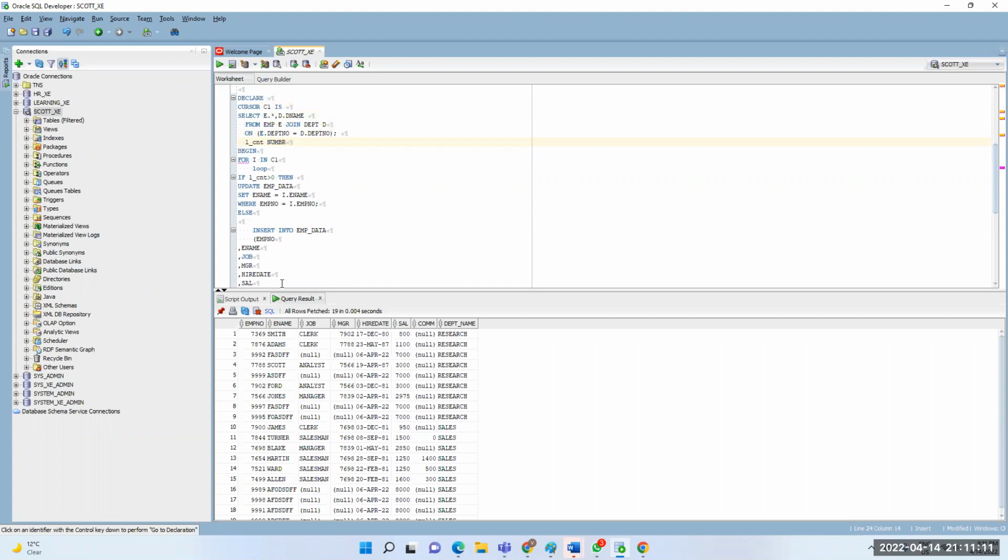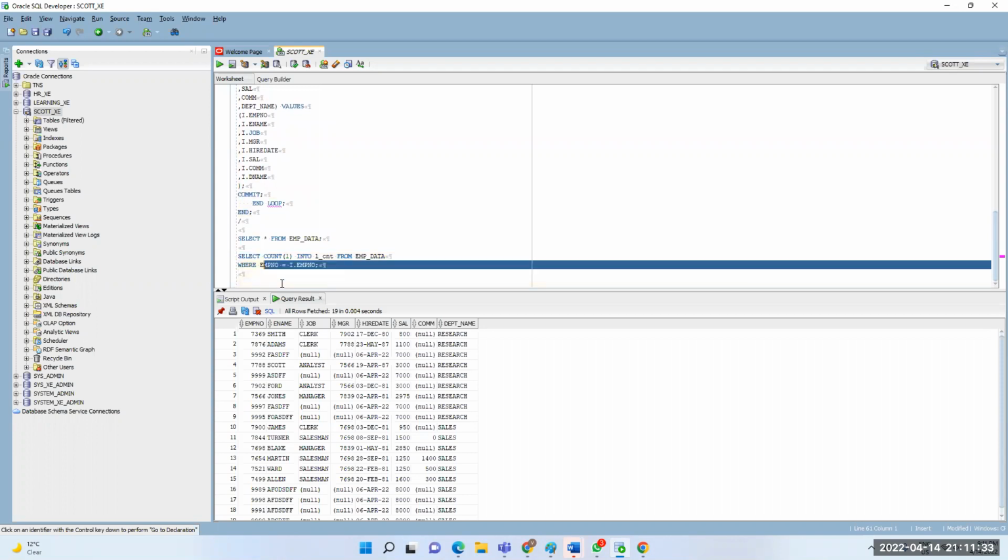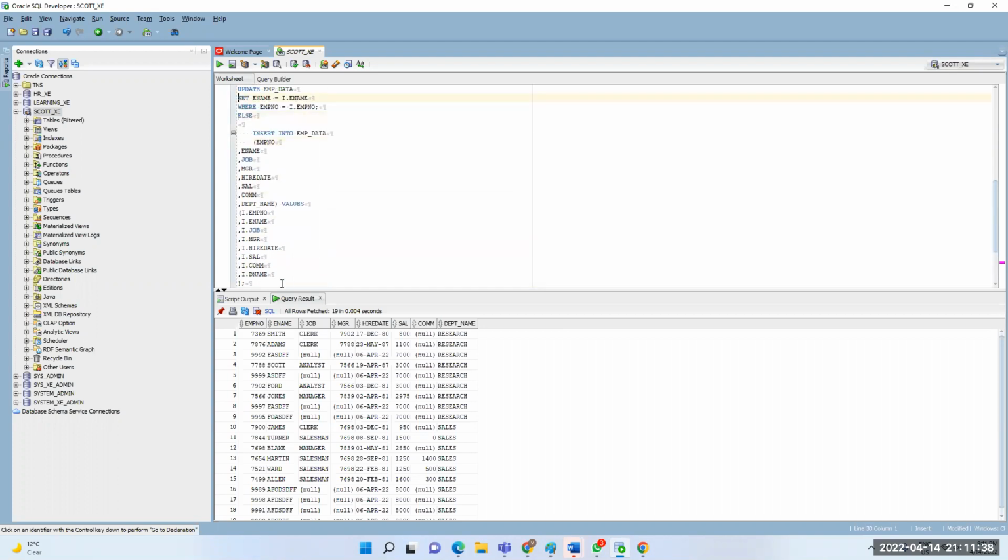I know you guys have a lot of questions about today's class. Okay, I took the L count variable. Why we are using this one is we need to find the count of records. If a record is present, then we need to return 1, otherwise it will return 0 by default, right? And loop. Okay.